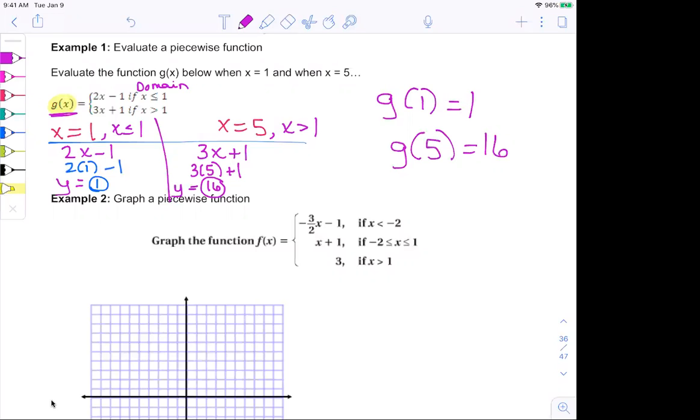Thank you. You're welcome. Other questions? So when you're evaluating, once you pick the equation, you plug it in, you're done. Evaluating, you're finding that answer when x is 1. And the answer is the g of x, or the y. So anytime you have an answer, that's your output, that's your function, that's your y value.